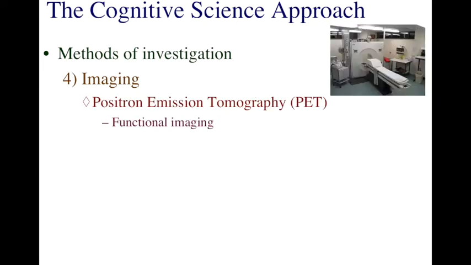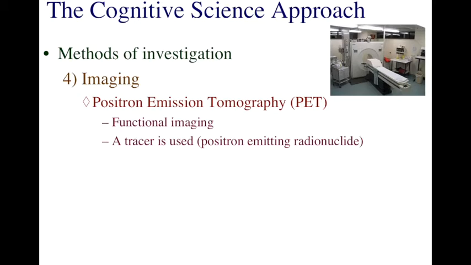A second type of imaging involves functional imaging. Rather than focusing on the structure of the brain, functional imaging attempts to measure the activity of the brain. The earliest method involved using positron emission tomography or PET scanners. A tracer is injected into the participant that has a mild radioactivity to it. The tomographer reads the location of these radionuclides, and by doing so is able to follow the flow of blood